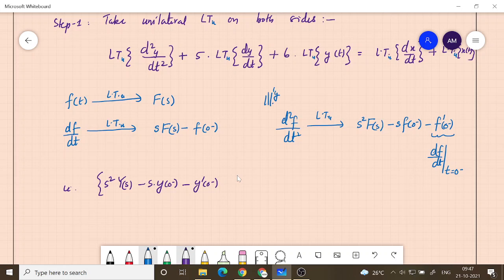This is the first term coming from the second order derivative. Then plus 5 into the second one, where we apply the result s into Y of s minus y of 0 minus, which is the first order derivative. Then plus 6 into, there is no derivative here, so it is just the Laplace transform of small y of t, which is capital Y of s. Okay, so that is equal to